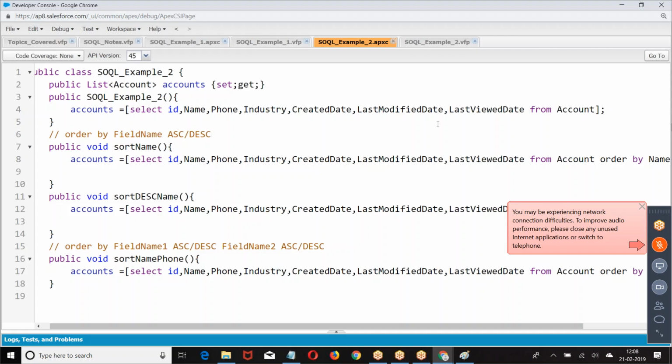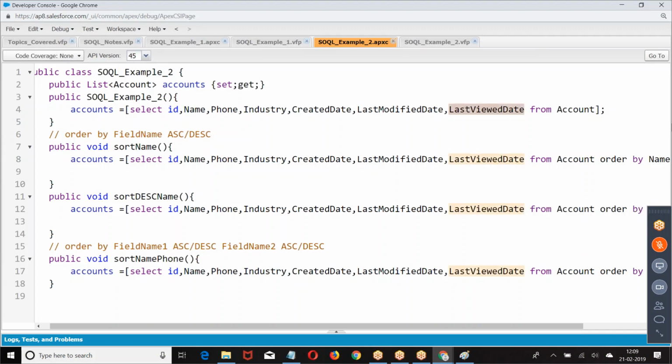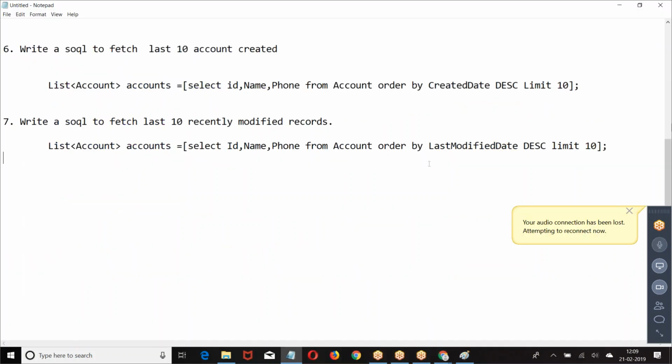We can apply limit if you want. Write a SOQL query to fetch based on last viewed date. Same query, here we take the last viewed date. If you want to apply limit, you can apply, otherwise leave it. I hope you're good.